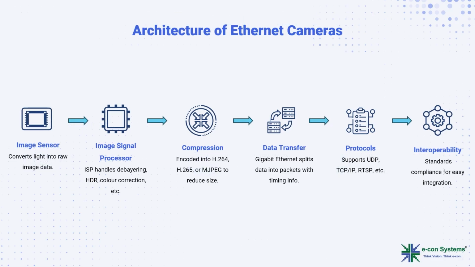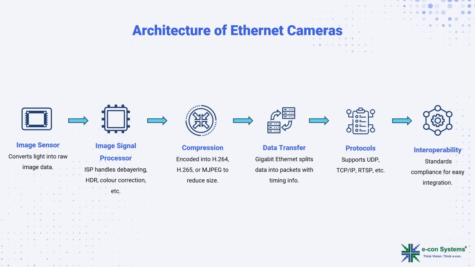I hope most of you know what the active components in the camera are. Let's look at how an Ethernet camera works, both inside and over the network. First, the image sensor captures the light and converts it into raw image data, and the data goes to the image signal processor for further processing, where demosaicing, debayering, HDR processing, and other image enhancement takes place, which produces the post-processed output. Next, the post-processed output is transferred to the video encoder block of the ISP, where the compression